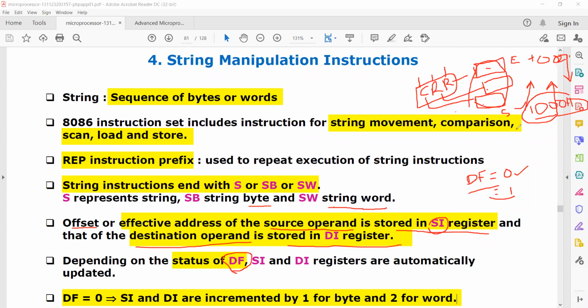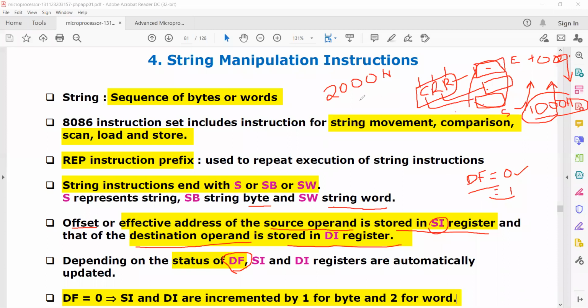Okay. So suppose you want to move this character or string to another location, let us say 2000. Here the source is at location 1000 and we want to move that to location 2000. Now the source address, which is 1000, is stored in the SI register.